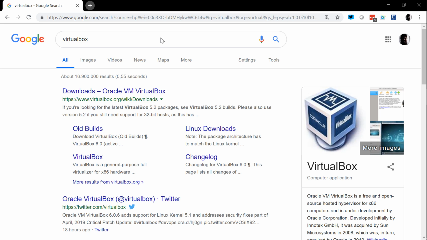Today we're going to be doing an install of VirtualBox. So go to your favorite web browser, type in VirtualBox. Here you see here's the link to virtualbox.org/wiki/downloads. Click on the link,